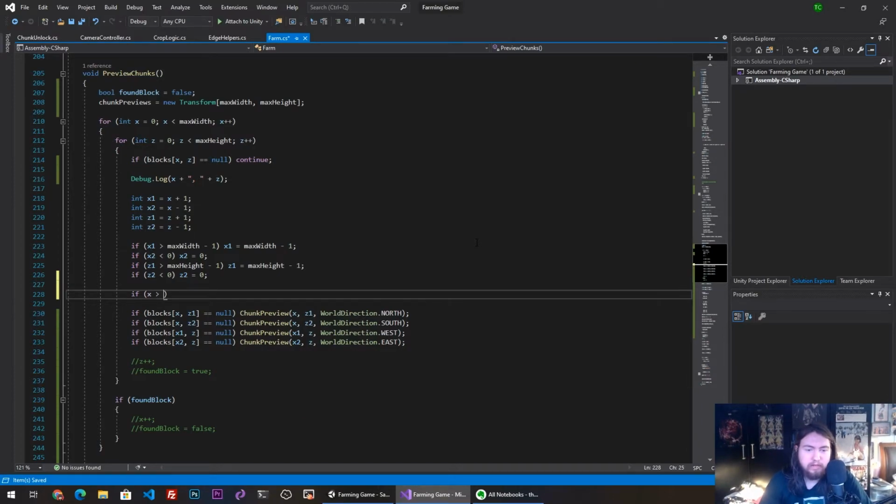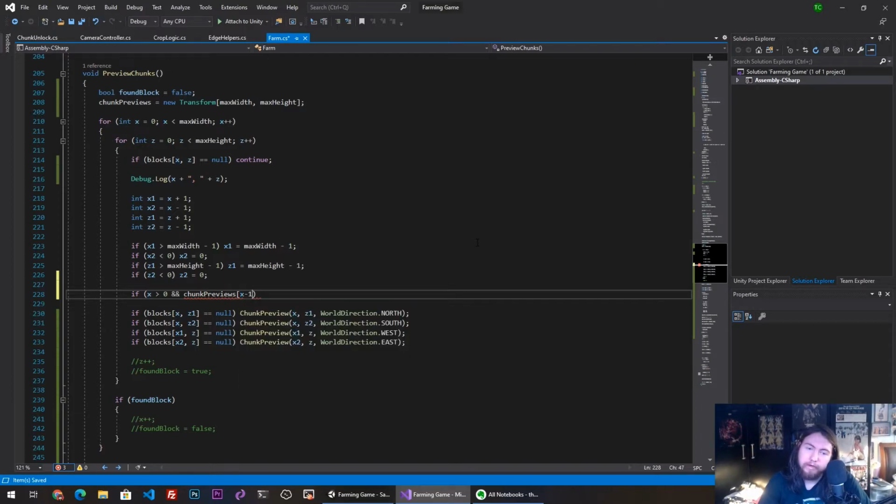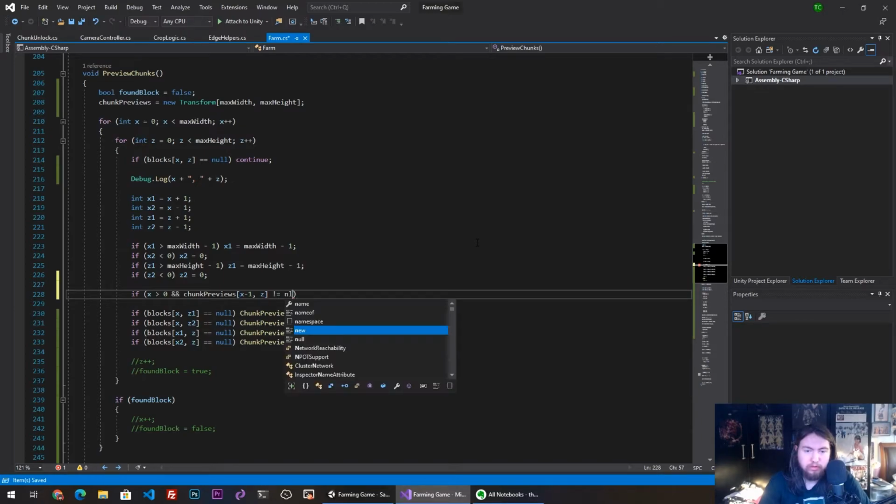So if x is greater than 0 and x minus 1 and world chunk previews dot x minus 1 z does not equal null,